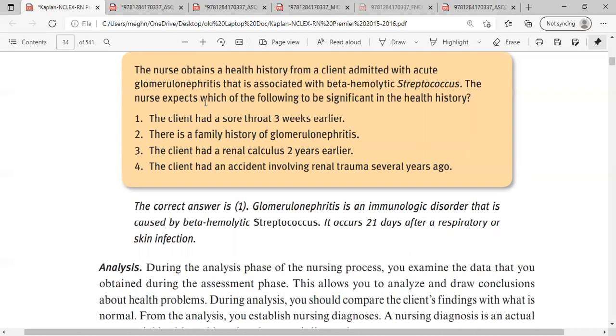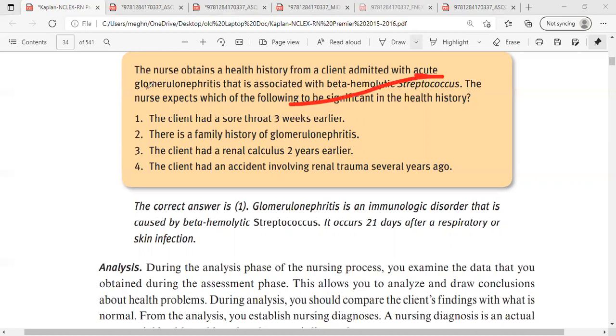The nurse expected which of the following to be significant in the health history. So, the question, the keyword first. The nurse obtained history of acute